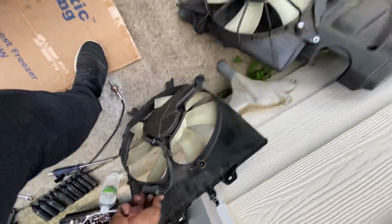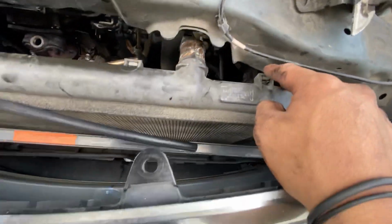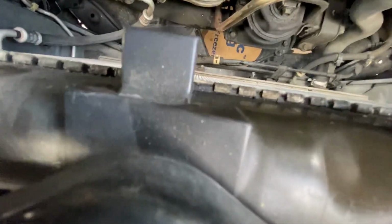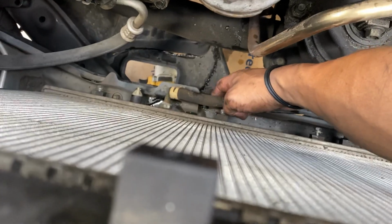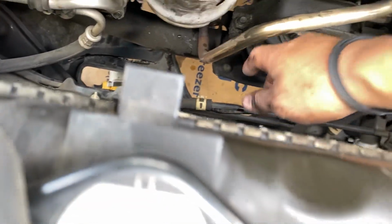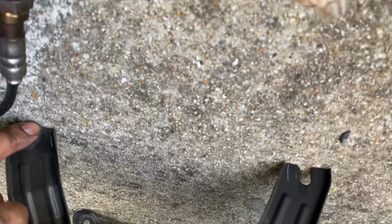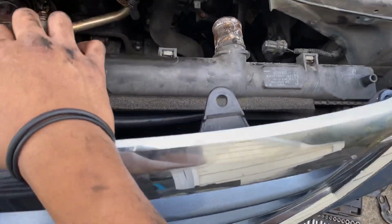Disconnect this connector right here and disconnect that, which is this one and that one. On this one, you don't need to remove. You see, this is holding the radiator fan, 1 and 2. You don't have to take off that bolt all the way out. This one only has one right there. As you see the bottom of it has an open end right here, so it just slides out. Once you take the radiator fans off,